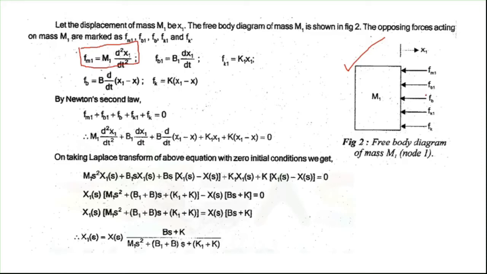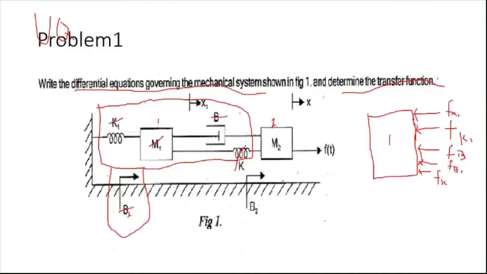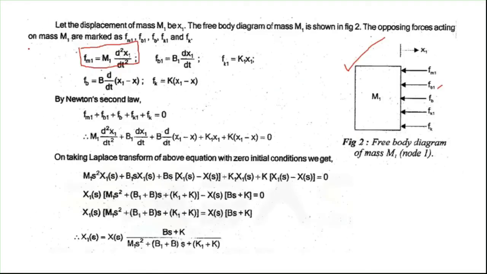Now, Fb1. Fb1 means B1 is the friction, the friction between the mass and ground. We know what is the force due to friction. Friction is B1 into rate of change of this displacement, that is B1 into dx1 by dt. Okay, so Fb1 is B1 into dx1 by dt. So the force Fm1, force Fb1. Now Fb is